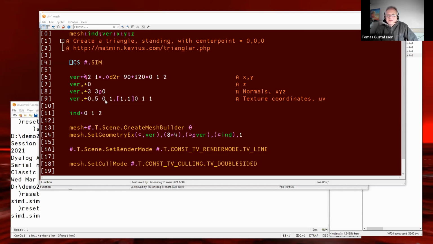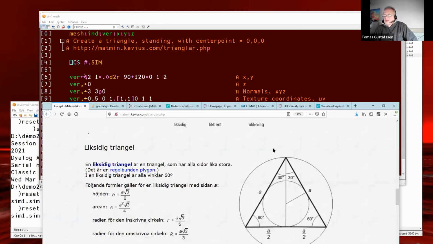Horizontal is X and vertical is Y. So if I want a texture to fit on a triangle, apparently the first vertex is up here, so it's at X is 0.5. If it's 0 to left and 1 here, it's 0.5 halfway to right.